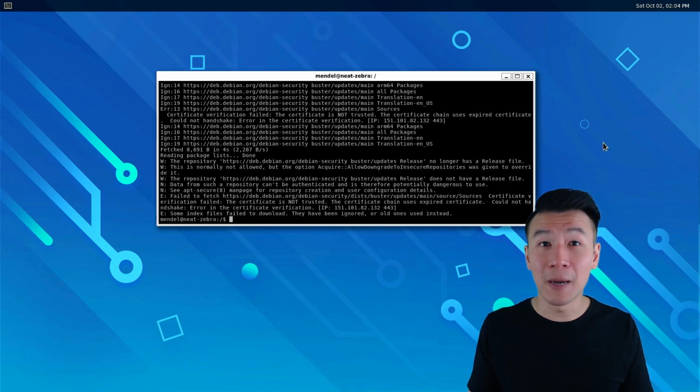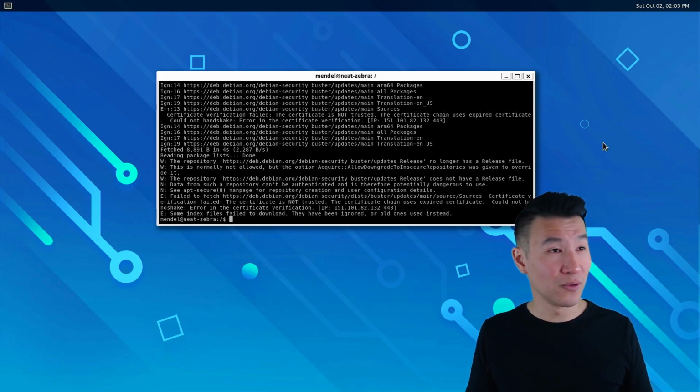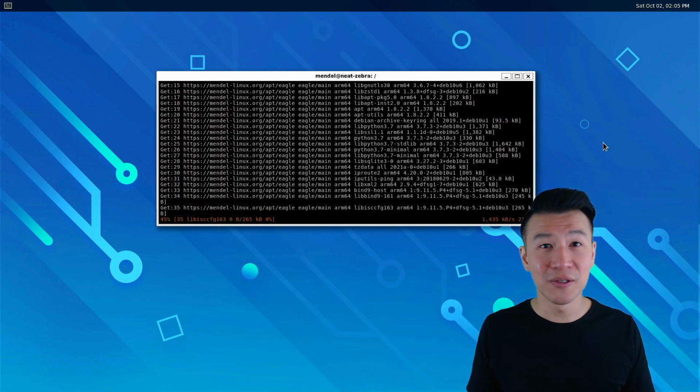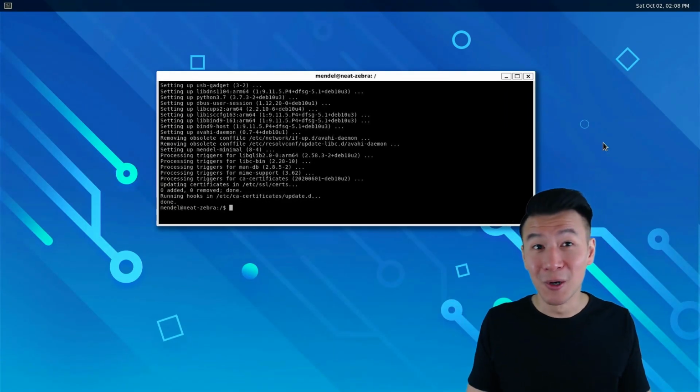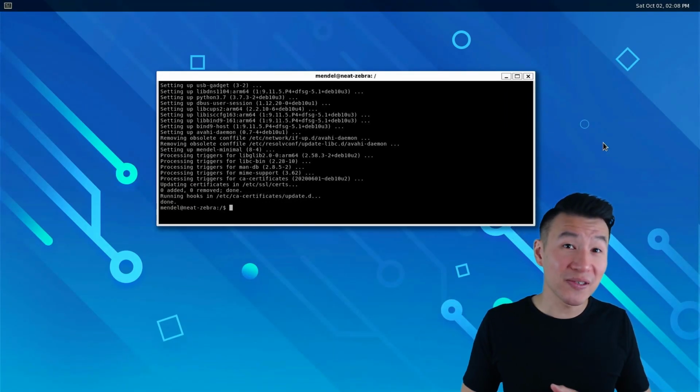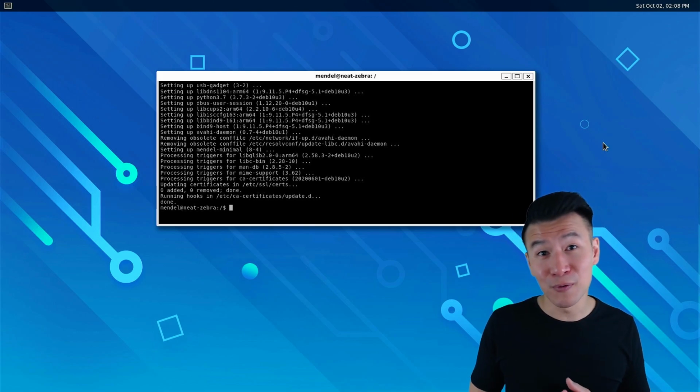With apt-get update done, let's now run sudo apt upgrade to download the packages. I'll fast forward and we're done. Awesome, that's setup completed. Next up is some really awesome fun stuff, which is running some sample inference projects, so